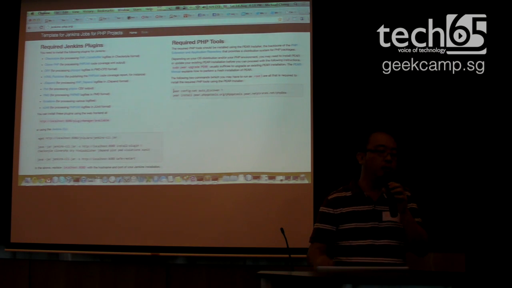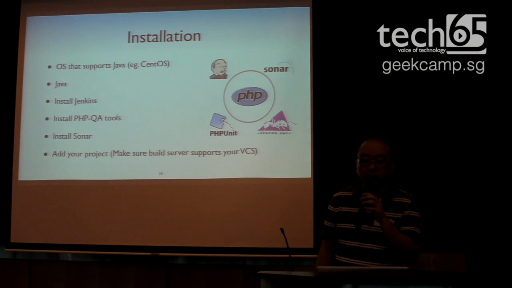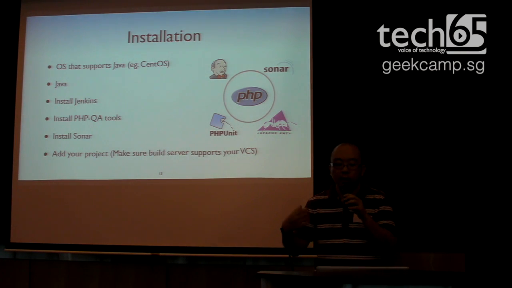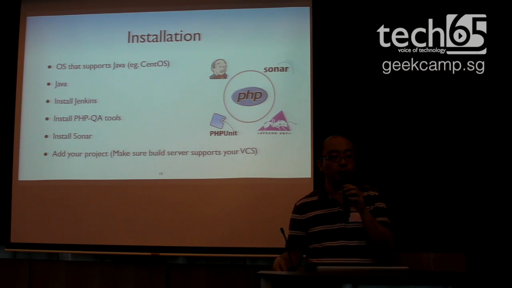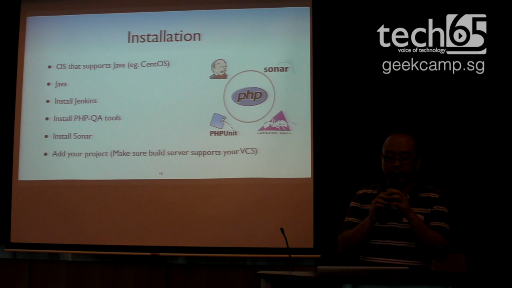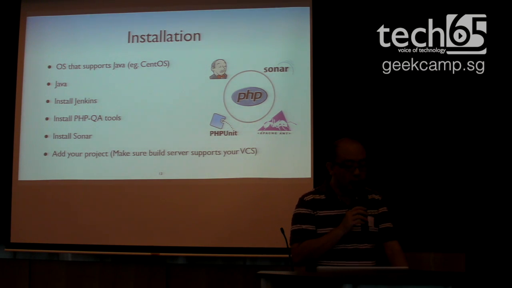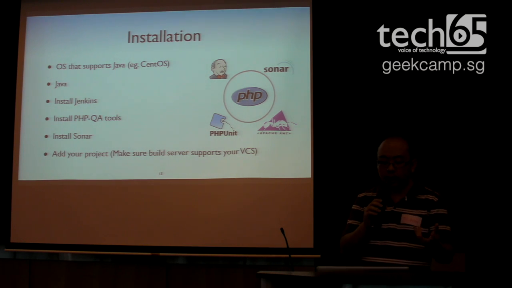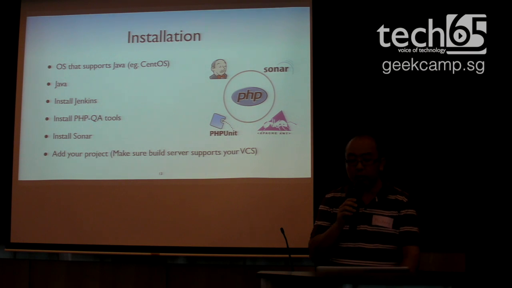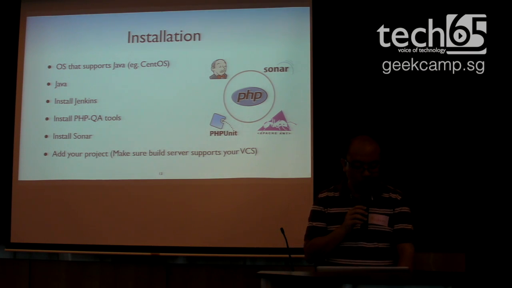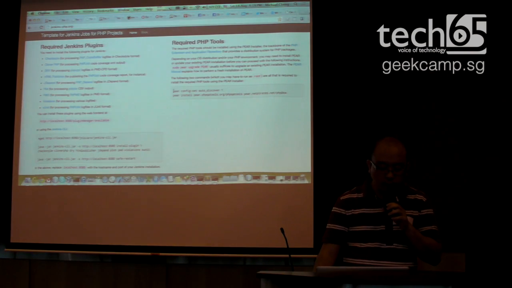So basically, some of the things you need for installing Jenkins and a CI environment. First, you need an operating system that supports Java, because Jenkins CI and Sonar run on Java, unfortunately. But it's cool. Yeah, so I'm using CentOS. You install Java in your CentOS box. You have installed Jenkins using Yum, for example. There's a whole bunch of QA tools you can install, the PHP QA tools. So once you've installed